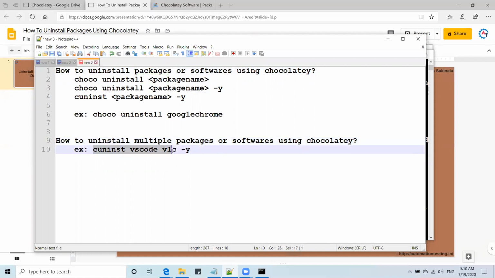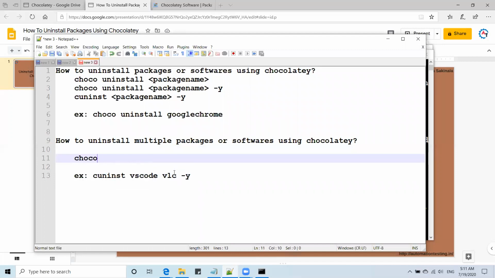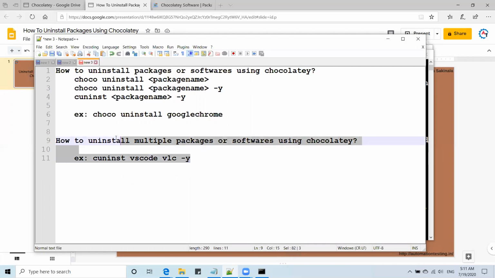The syntax here is choco uninstall, and we have already seen it here, right? So this is how you can uninstall any software which is already installed with Chocolatey. You can simply uninstall it. Very simple.